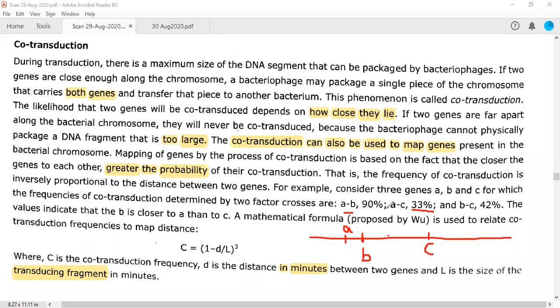So this is bacterial cell A, this is bacterial cell B. What will we do? We artificially infect bacterial cell A with some bacteriophage which is specific for it, for example, P1 for E. coli and P22 for Salmonella. Then what will be next? When this integrates, it will release its DNA into the cytoplasm of the bacterial cell, and it will lead to the fragmentation of the bacterial chromosome.